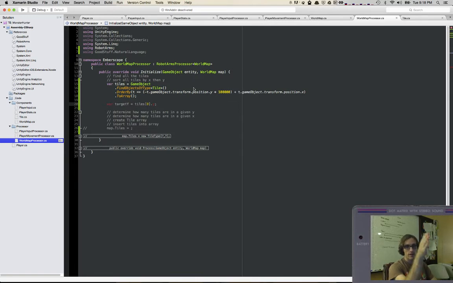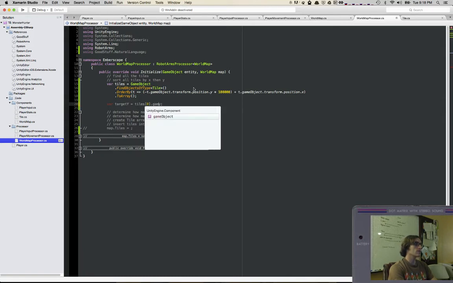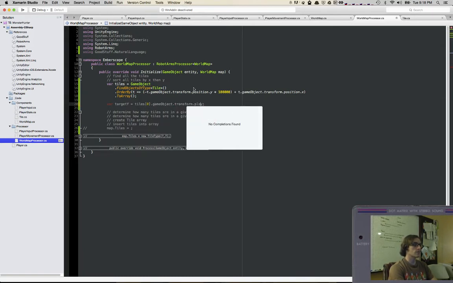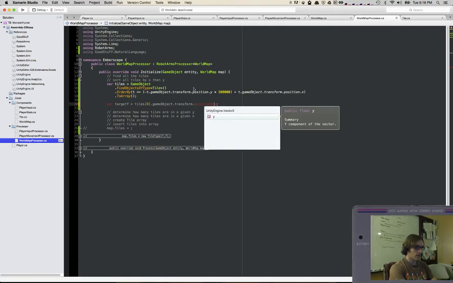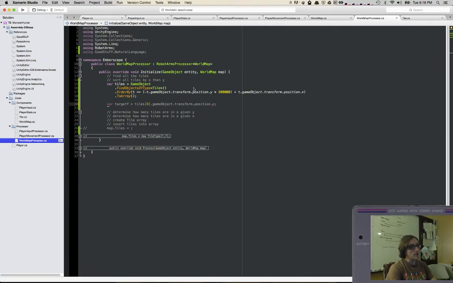So every tile that has that Y is how many rows there are, and the number of tiles that have a certain X, and it's of course not this. It's the tiles' game objects' transforms' positions. Why? It might be worthwhile, since this is going to be a pretty common occurrence for tiles to know their position, to have tiles at the beginning all go and set their XY to a certain value,